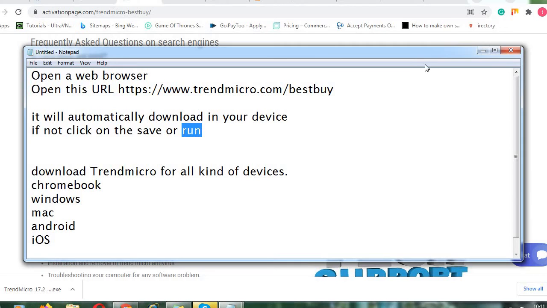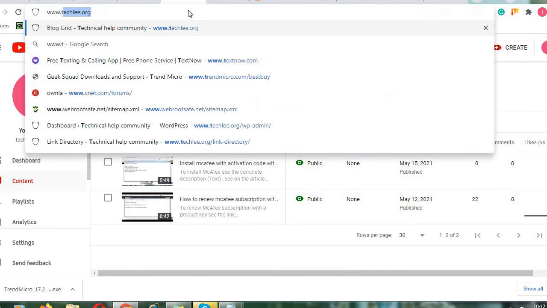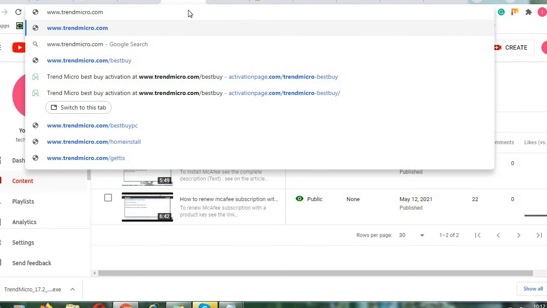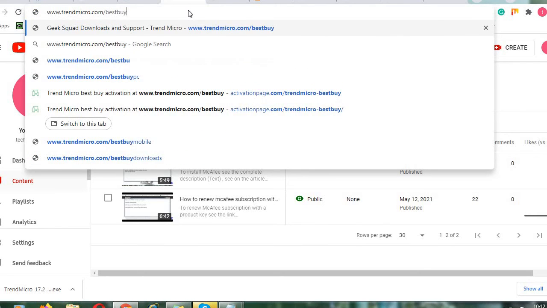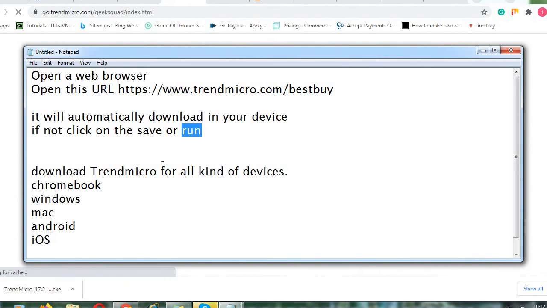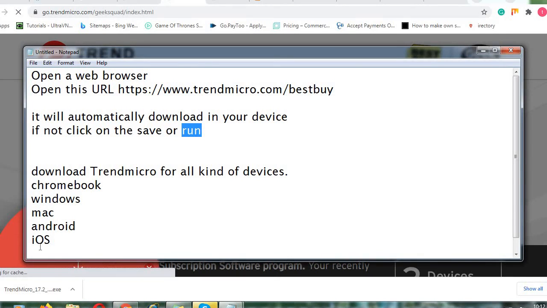If you look at the page, then you will find some things, like there will be icons for all kinds of downloads. As I told you already, this page is good to download Trend Micro for all kinds of devices like Chromebooks, Windows, Mac, Android OS and iOS, except Windows 10 in S mode.